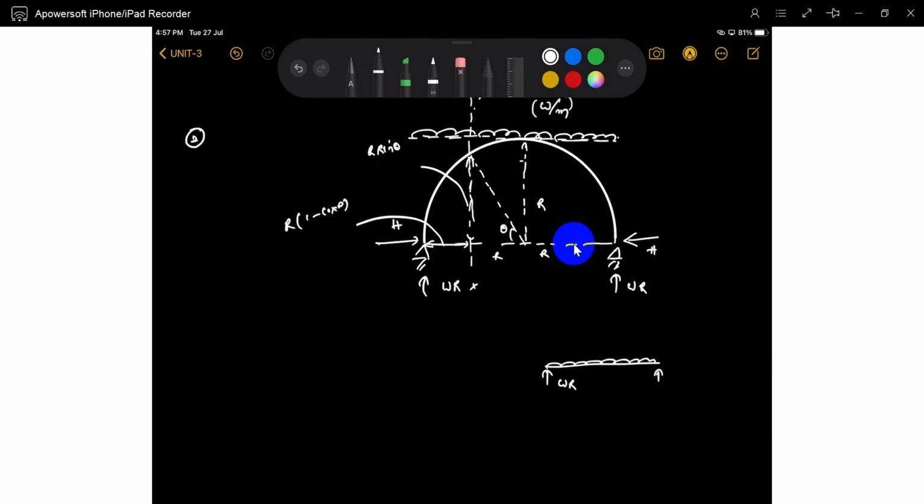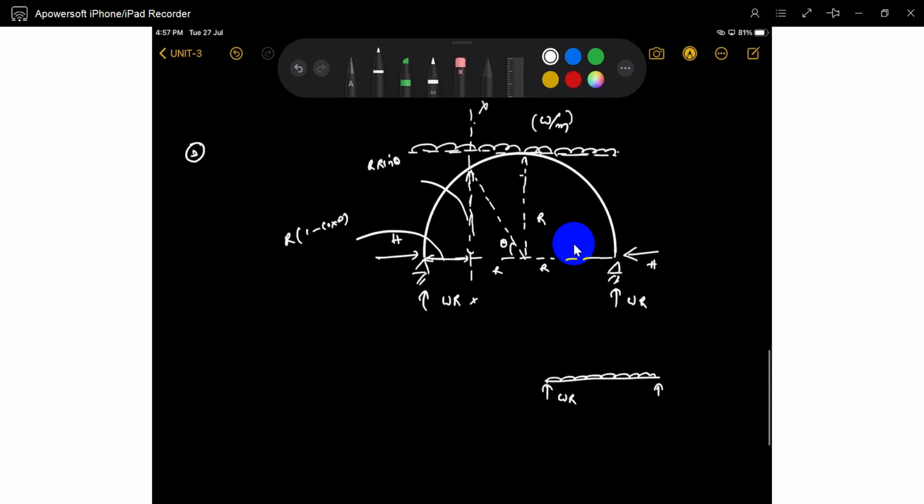So you can say WR. So WR, W total length is 2R, total load divided by 2, WR. You see the section. So what is it? WR into X